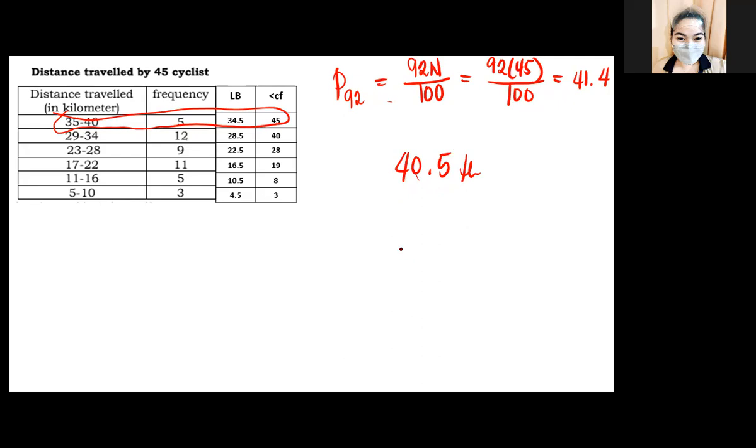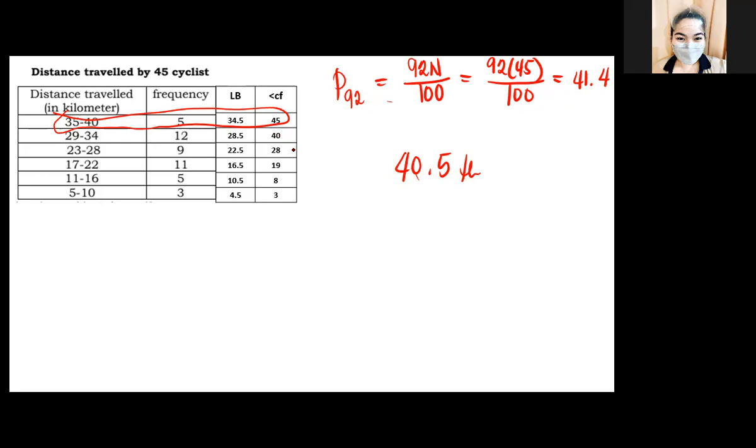Tingin nyo saan siya included? Sa 45. Sa 45, correct. Bakit hindi sa 40? Dito rin siya included. Bakit hindi sa 40? Kasi may 0.5. Opo, kasi may 0.5. Kulang, ibig sabihin. Ibig sabihin nun,